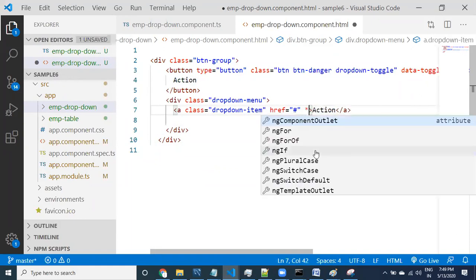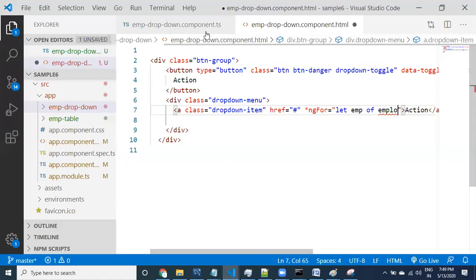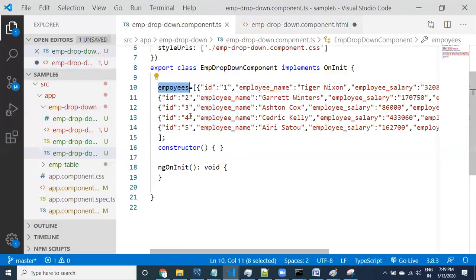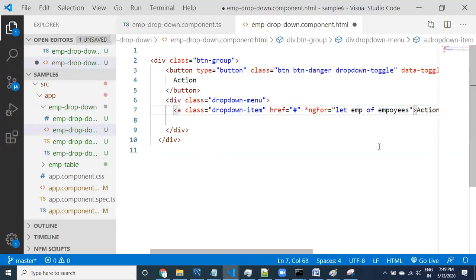To repeat these things, I'm going to use ngFor, let emp of employees. Employees, right? What is the property we have taken? Employees, right? Okay, let's take the employees here.